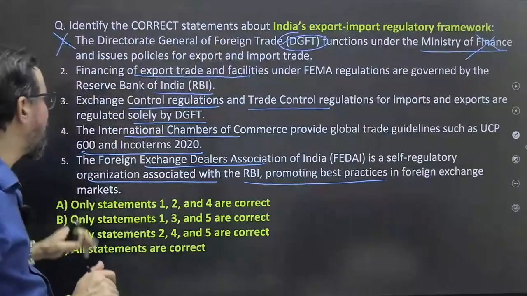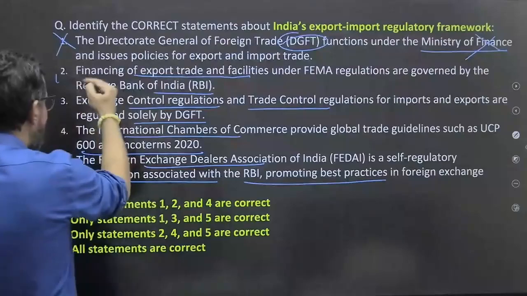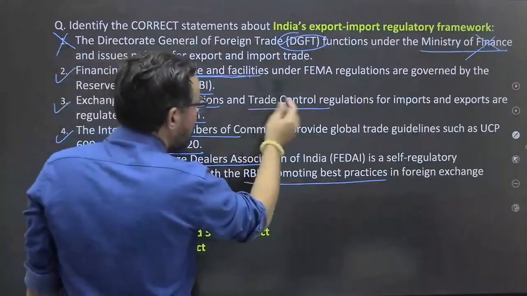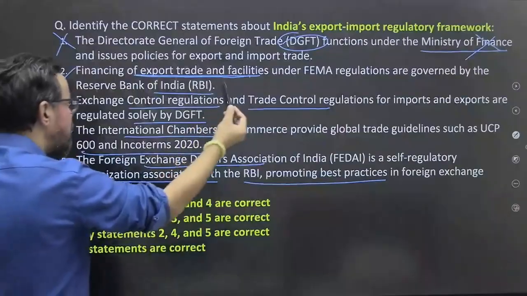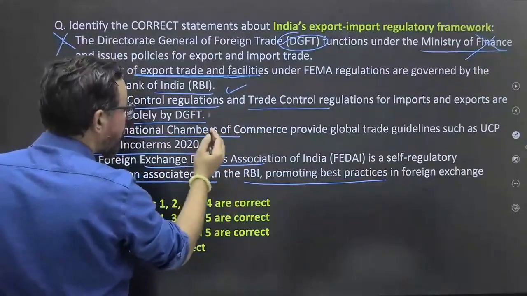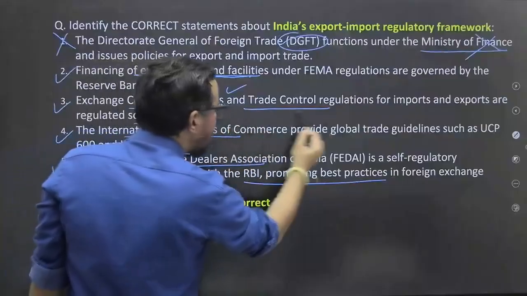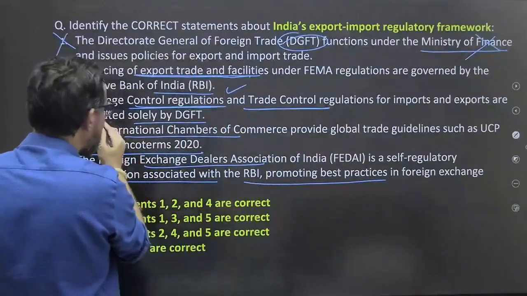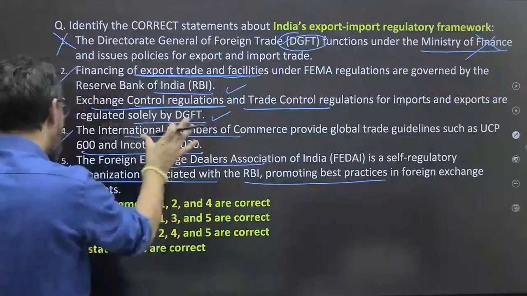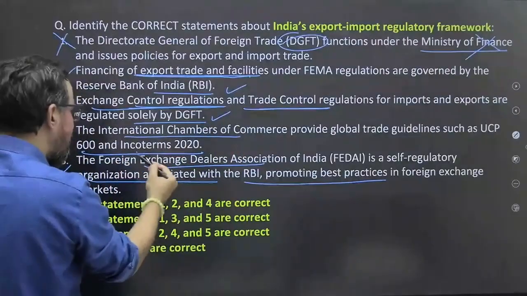तो पहला गलत है, फाइनेंस। बाकी और सारे ये सही हैं, ठीक है, all statements are true. जैसे आपका documentation part and others which get handled by RBI under FEMA, this export control and others, ठीक है। So controlled regulations and trade control regulations आपका, ठीक है, exchange control regulation in our import exports related to EXIM इसके अंदर आते हैं, ठीक है। The इनको टर्म्स आपका ये हमने अभी डिस्कस किया।